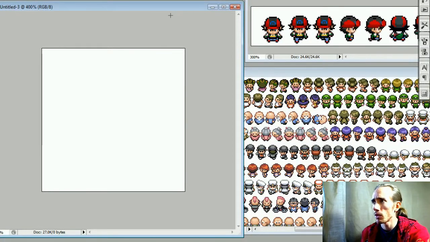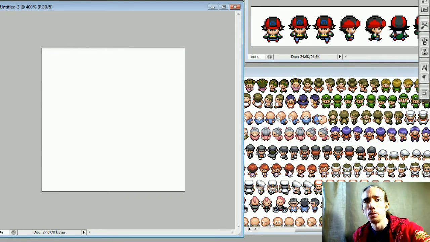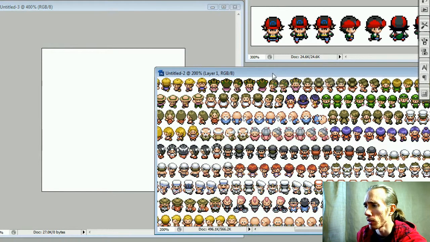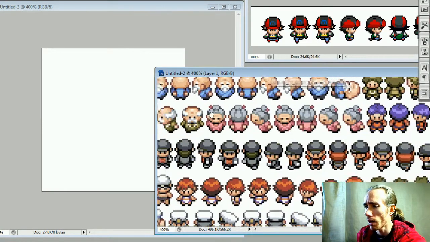Okay, in this video I'm just going to create a Pokemon character. There was some person that was asking for a tutorial on how to create one of these characters that you see here. And so basically I'm just going to go over a quick tutorial, I guess. But basically I'm just going to explore this and look at what these